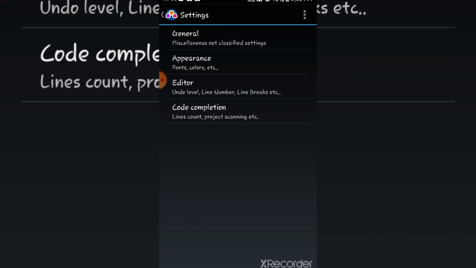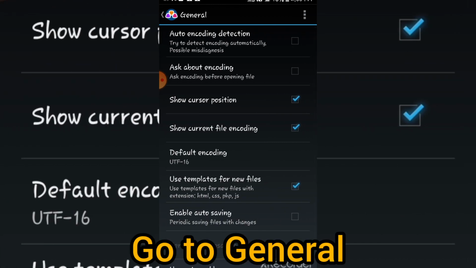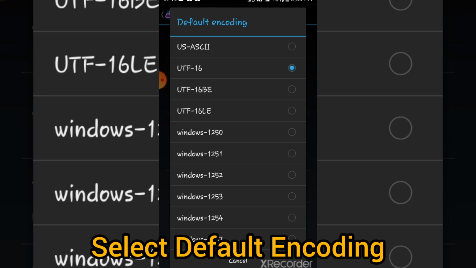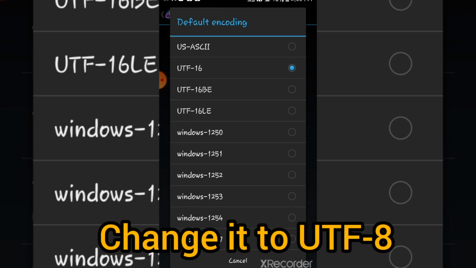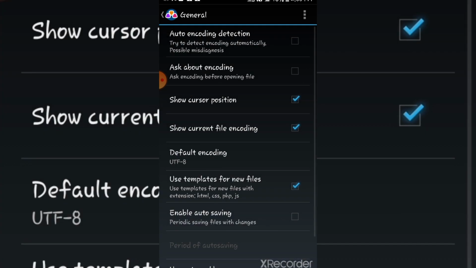That's where you are going to be able to click on general and scroll down to your default character encoding. You take default encoding, you change your default encoding to UTF-8.